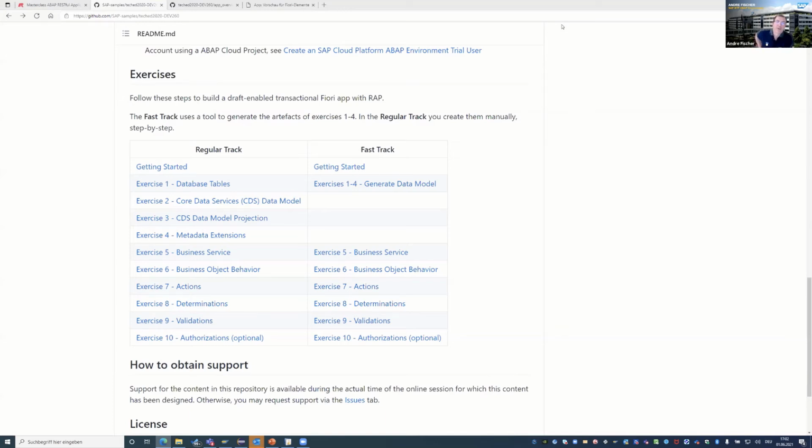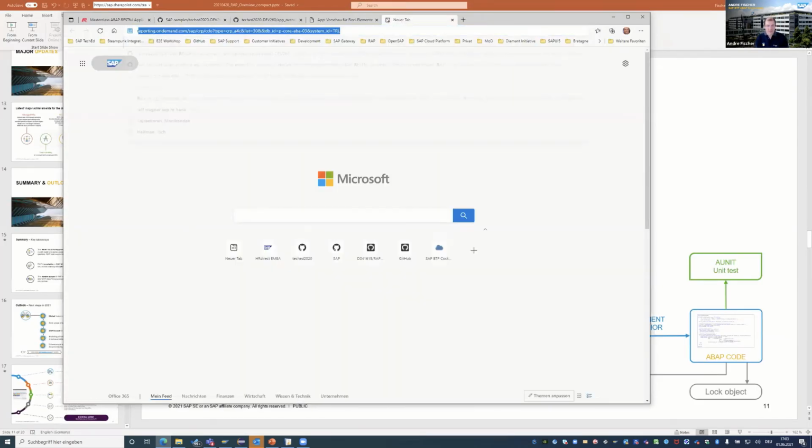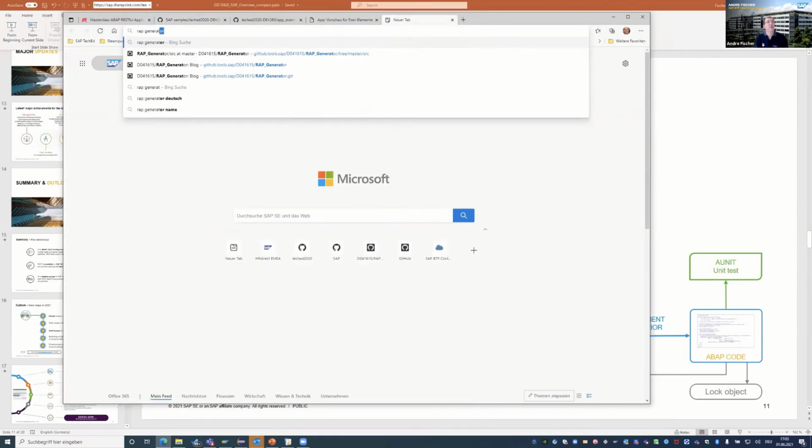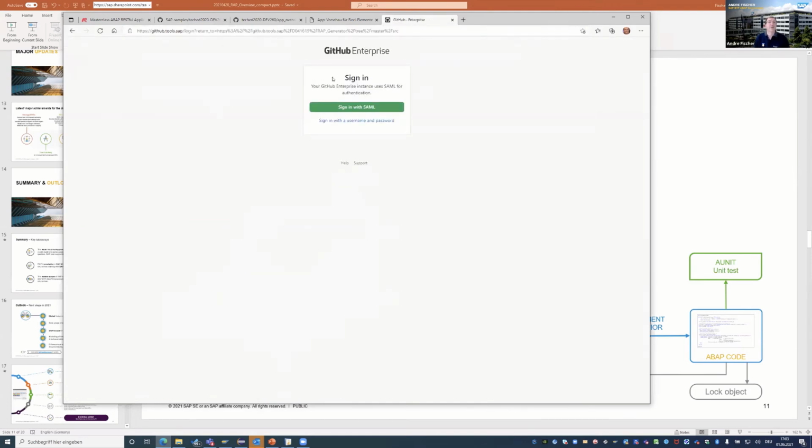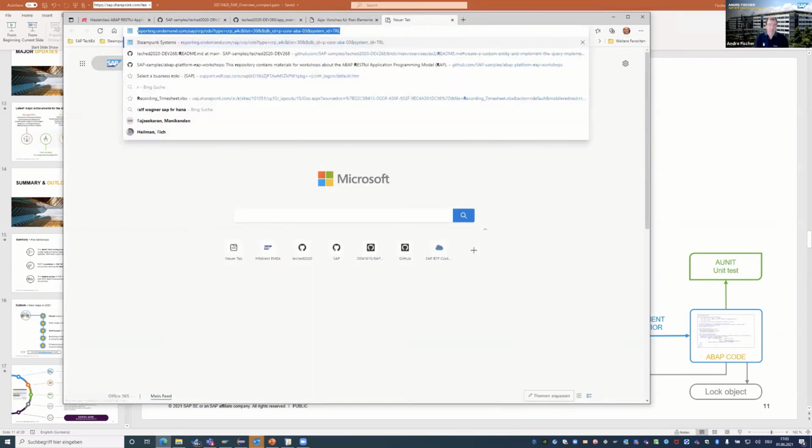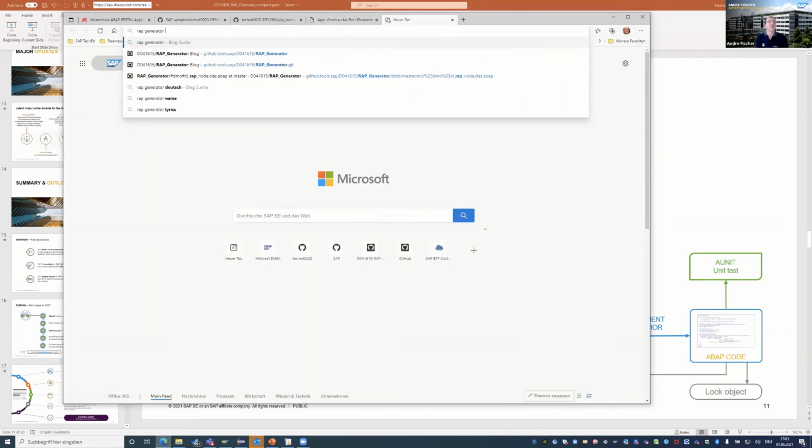Okay, the question is whether all this code is added manually. So yes, in principle, everything has to be added manually. What you see here in the fast track is a tool that I wrote that makes use of the RAP generator, the internal one, RAP generator Fischer.